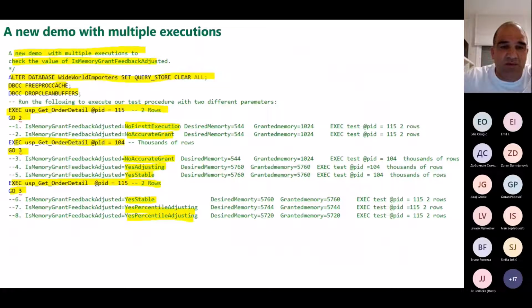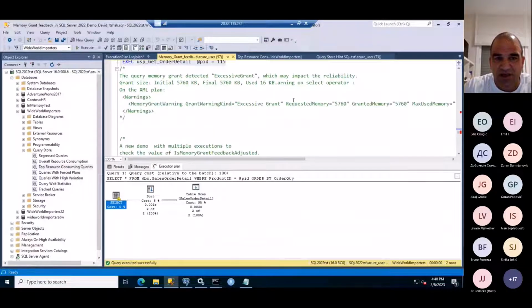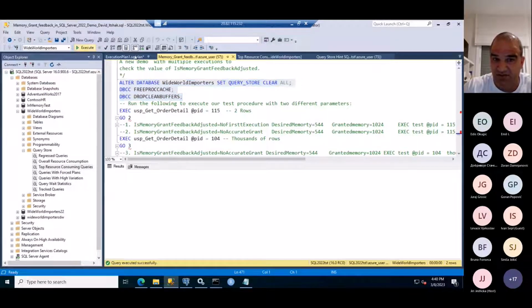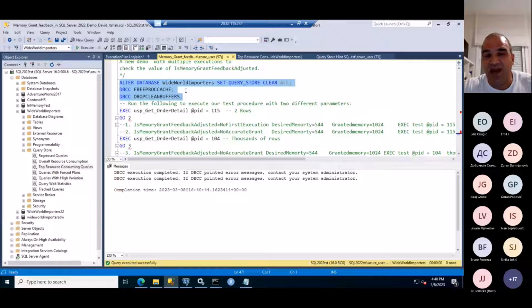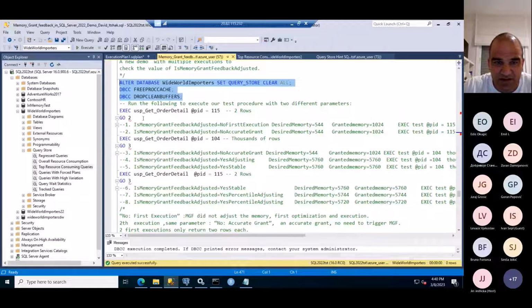Now let's create a new demo, which runs and checks the value of memory grant adjustment. So if you go here, now what we do, we'll clear our memory. You can see per database, DBCC FREEPROCCACHE can be used to clear the buffer. And now we'll run as follows: first run 2 rows,